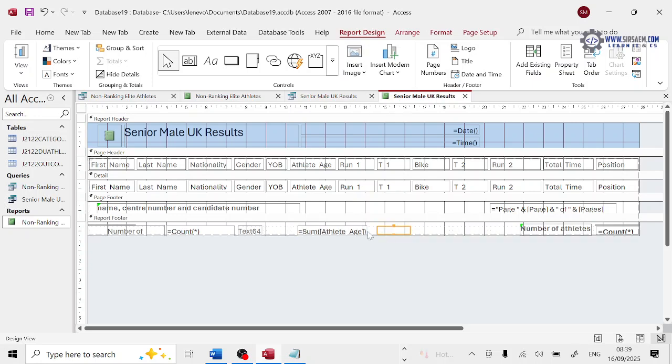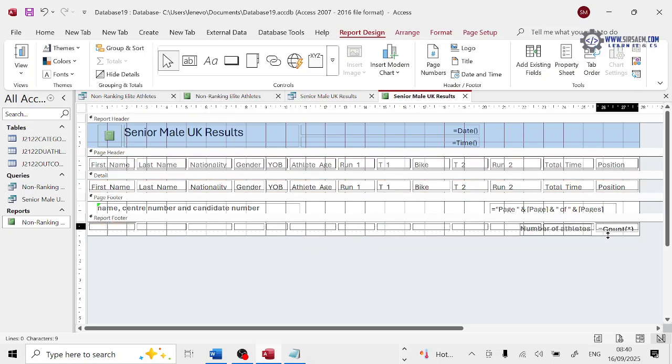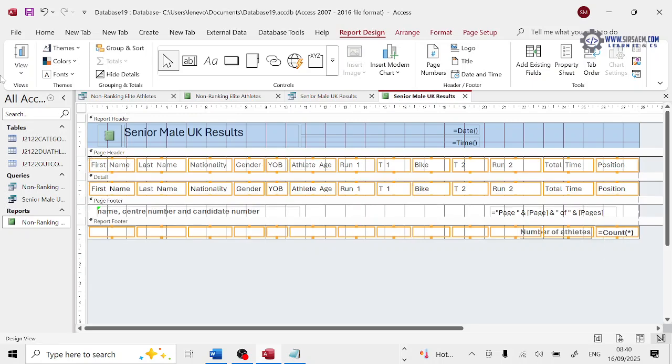This will calculate the sum of the athlete age. Yes or no? अब वैसे भी कर सकते हो, आपको ये पता भी होना चाहिए। इज दैट क्लियर? सो टेक्स्ट बॉक्स के साथ यू गेट अ लेबल फॉर फ्री, डू यू नो दैट? लेबल सेपरेट होता है। इसको इधर कर देते हैं।